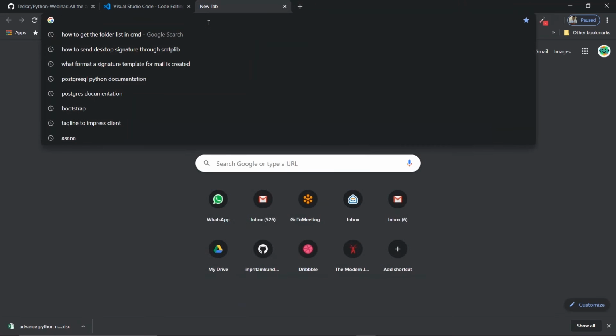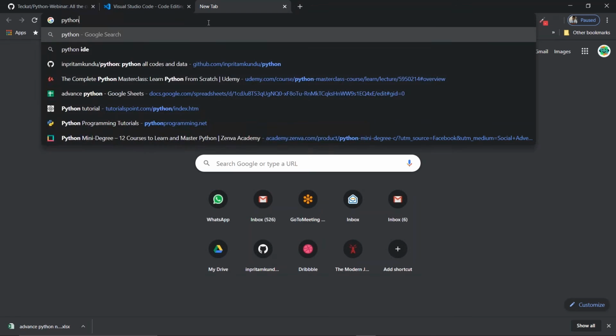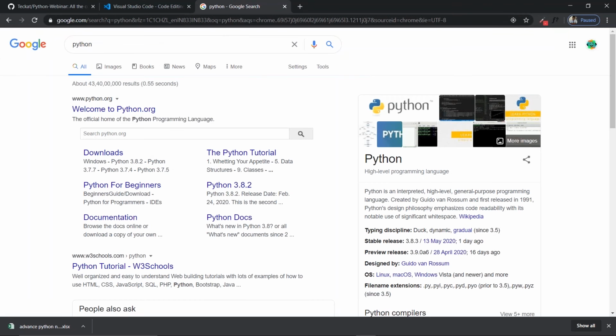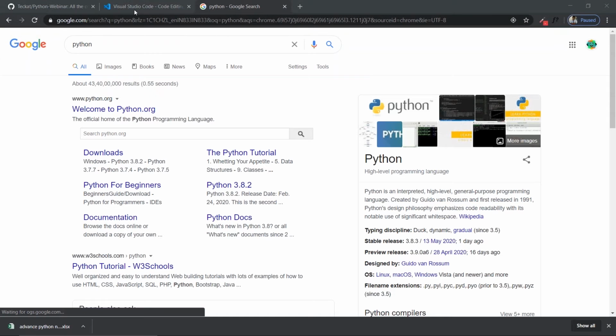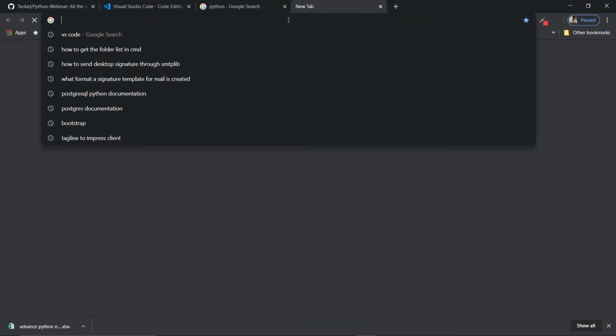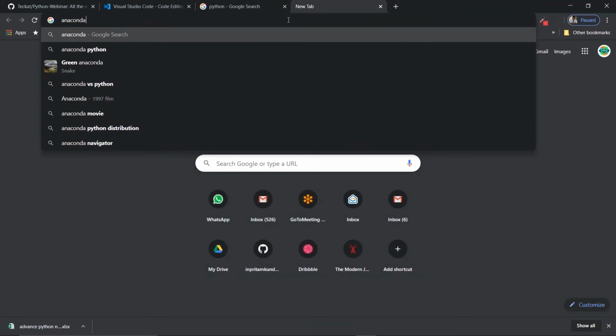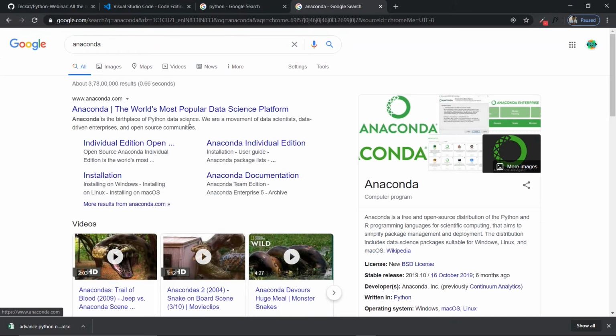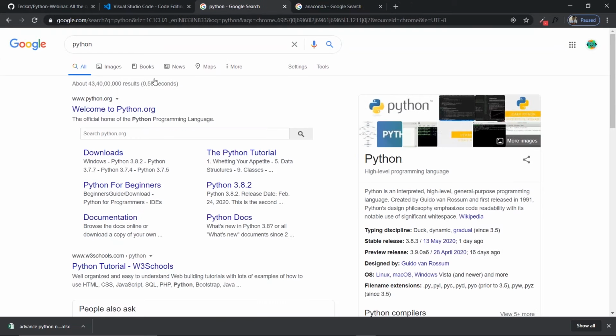Then you should install Python. You should download Python, but I prefer not to use just Python. I prefer Anaconda. So I have Anaconda, but you can download Python too. No issue with it because we are only working on Python. I use this version, Anaconda. You can go for this Python too. If you have any queries, please let me know in the chat box.